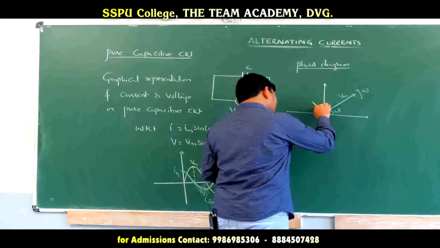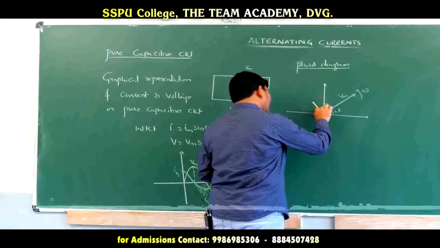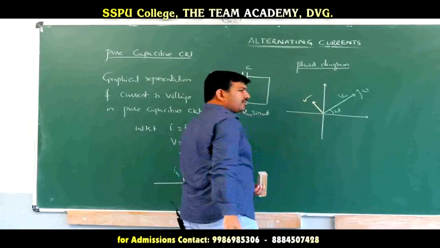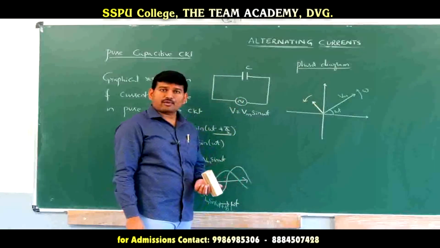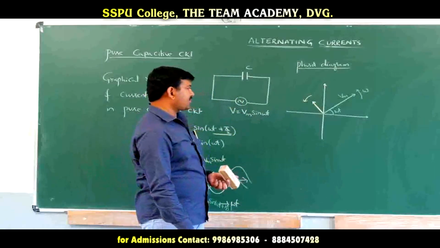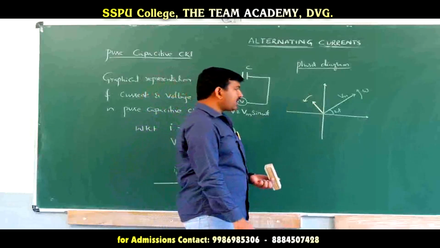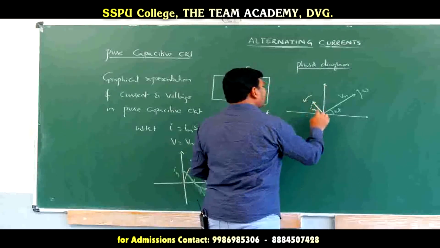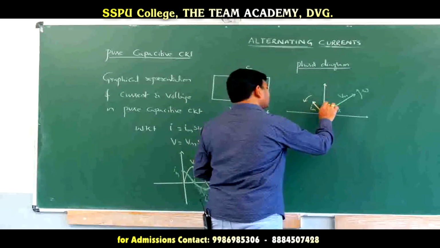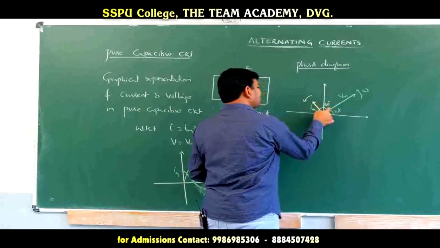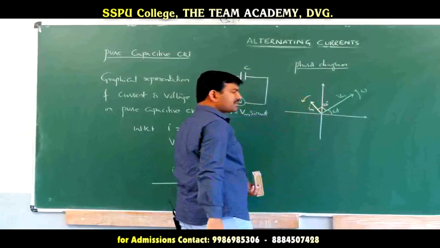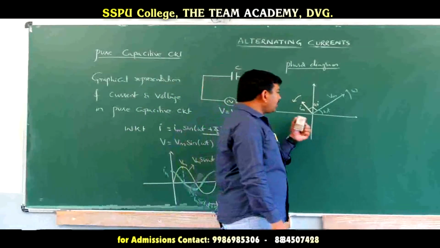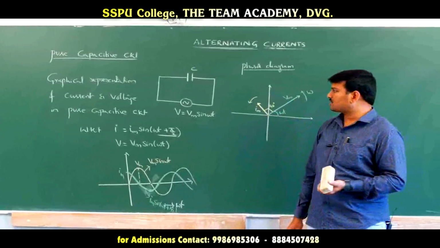Actually, are current and voltage scalars or vectors? Current is a scalar and voltage is also a scalar. But for problem simplification, we take scalars in simple harmonic motion with the phasor representation. A phasor is a rotating kind of vector. This is the current amplitude Im, and what is the angle between them? It is 90 degrees. That means the total angle is omega t plus pi by 2. So this is the phasor representation for voltage and current in the case of a pure capacitive circuit.